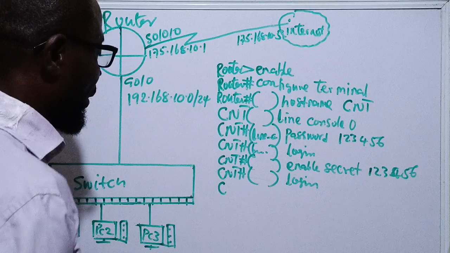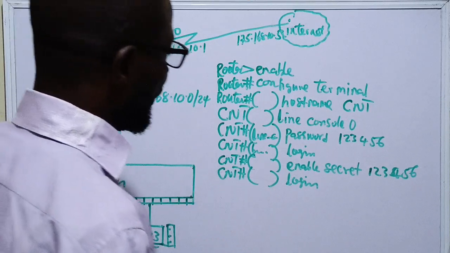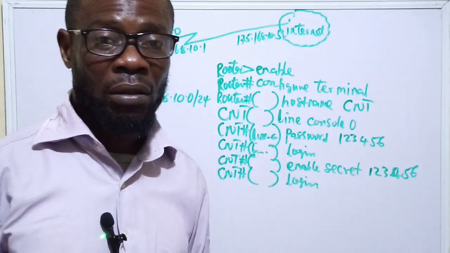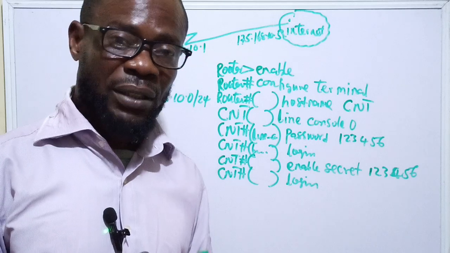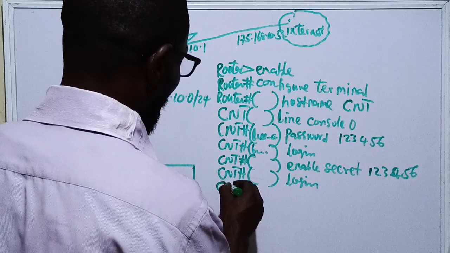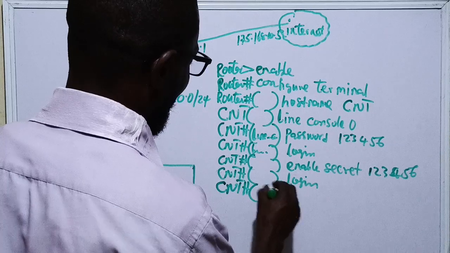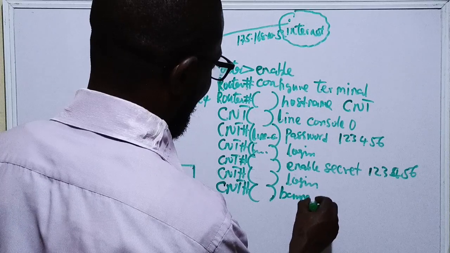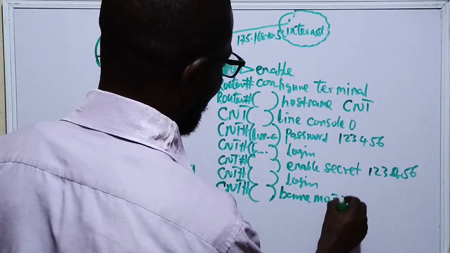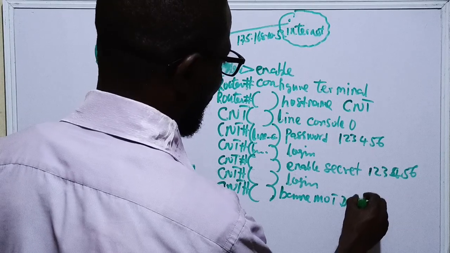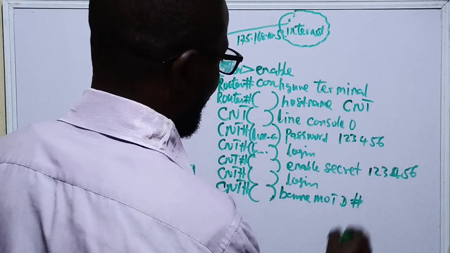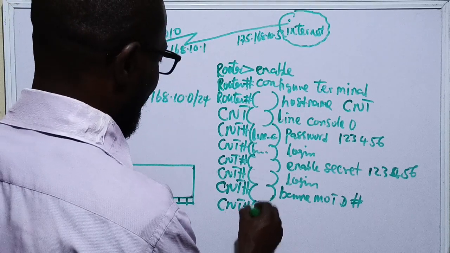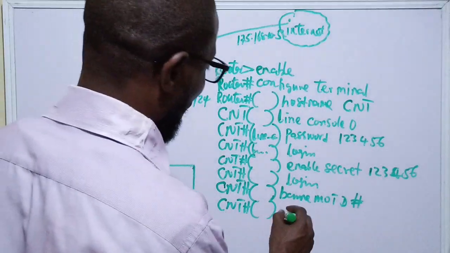Now, what else do you need to create? What you need to create now is the banner MOTD, that's banner message of the day. In case someone logs into your network, there is a message that you need to put. You do this: banner MOTD, you put this sign, you hit enter, then CNT, and you put enter, you put this